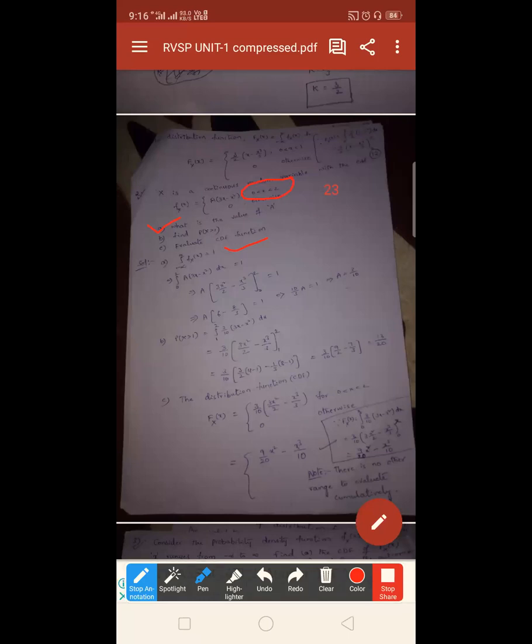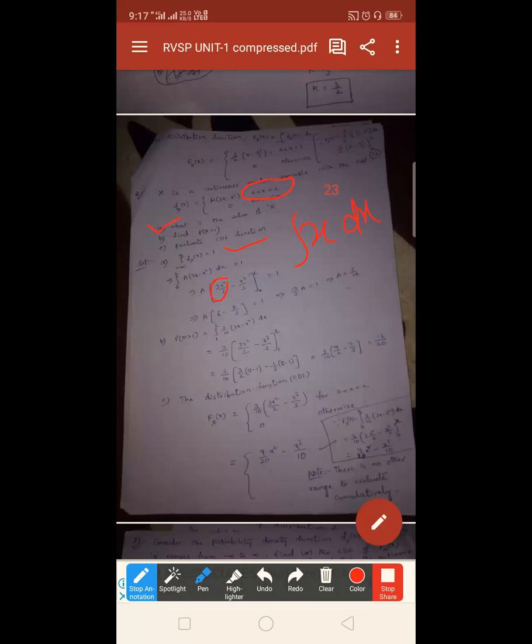So 3 is a constant again. What is the value of integral x dx? Here we have two terms, 3x and x square. So separate the terms. 3 is constant. Integral x dx means x square by 2. So 3x square by 2 is the first term. Next, what about the integral of x square? The integral of x square is x cube by 3.